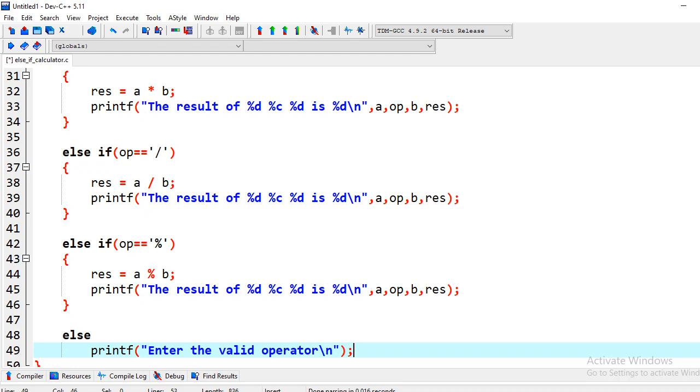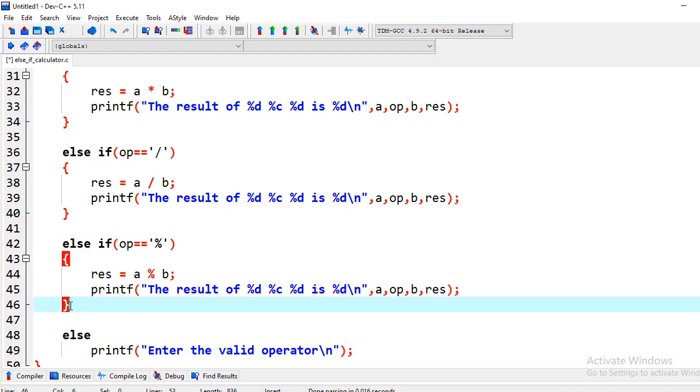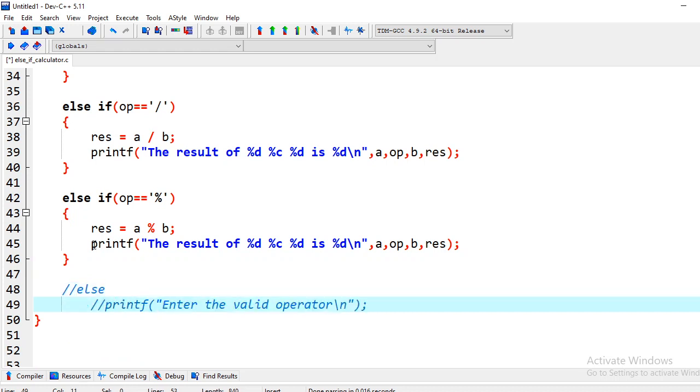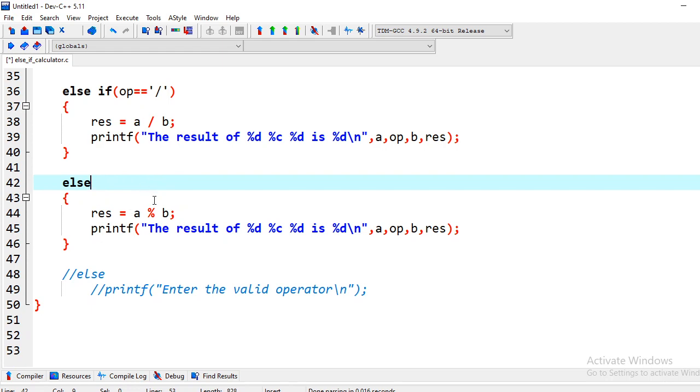If you don't write an else block and print nothing, it will be an error. But suppose you write the last part in the else, and the user gives hash also, then you will still be able to calculate the modulus only. Modulus will be calculated if you write this in the else block. So let me do that. Suppose the last condition is not else if, it is else, and we know that in the else we don't have to write any condition. So the last part we have written in the else block, right?